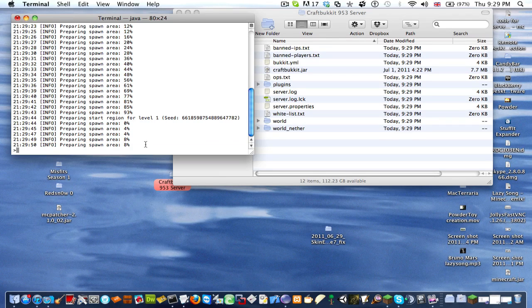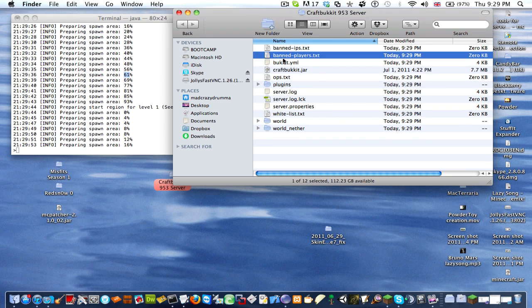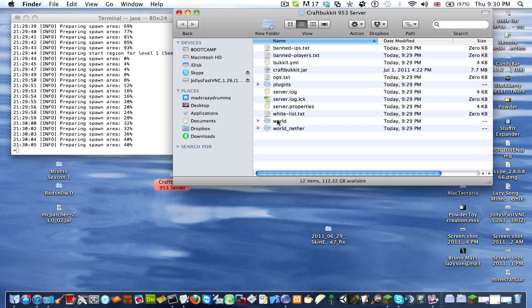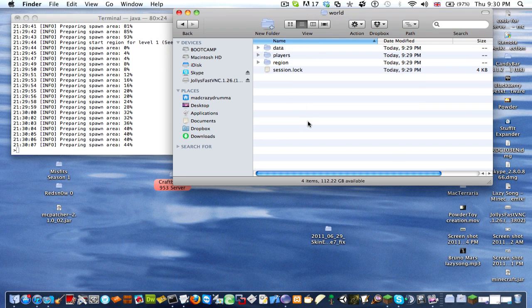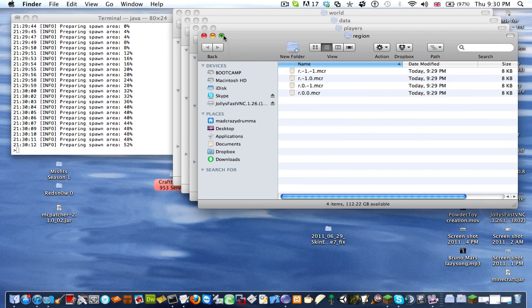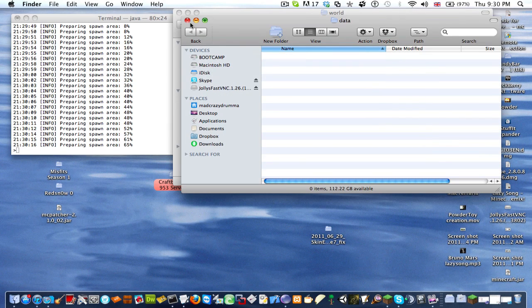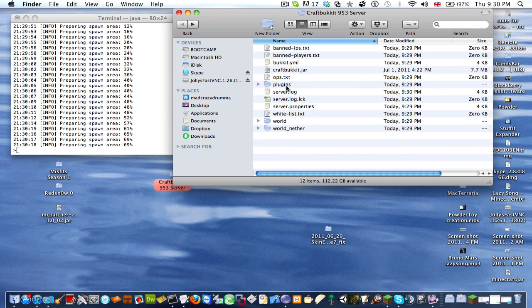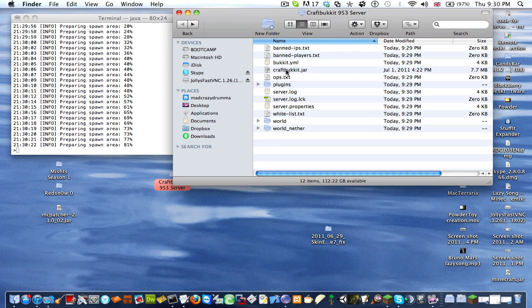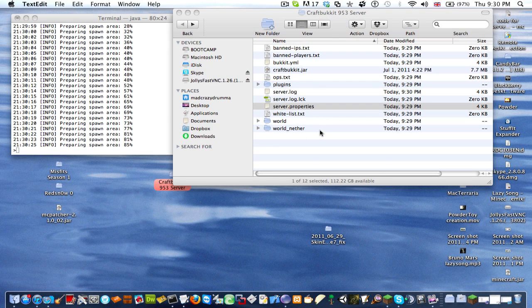Now you just wait for all the generated files to come in. I wish I could fast forward. While we're waiting for that to load, this is your world folder, and it'll contain all your data, like of your players, etc. We don't need all that at the moment. And then what you want to do is go into your server properties file,